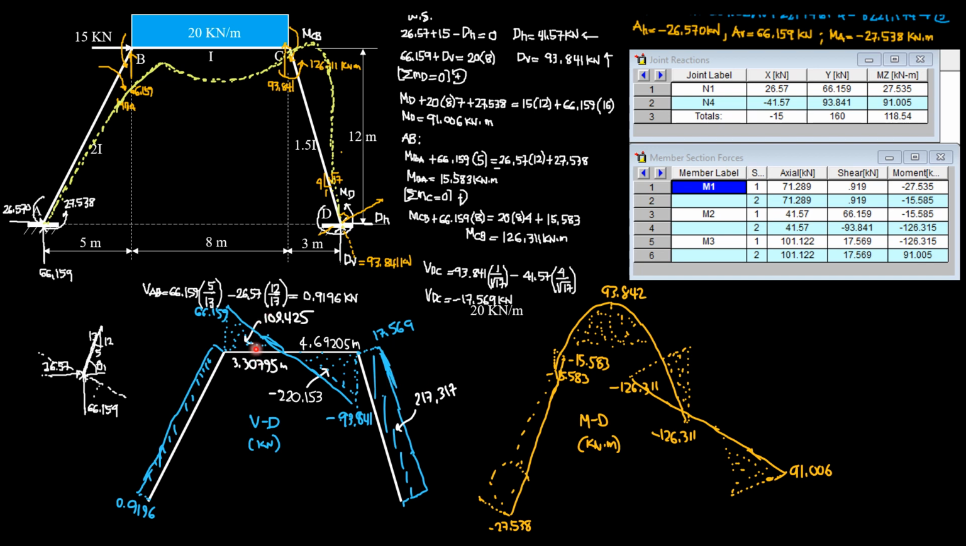Then the rest, we can compute the area. 109.425, one half of 3.30795 times 66.159, and one half of 4.69205 times 93.841, so negative 220.153. This area is simply 17.569 times the length of this member, 3 square root of 17, which is 217.317 kilonewtons. So beginning with the moment here, which is negative because the positive direction is there, so negative 27.538,